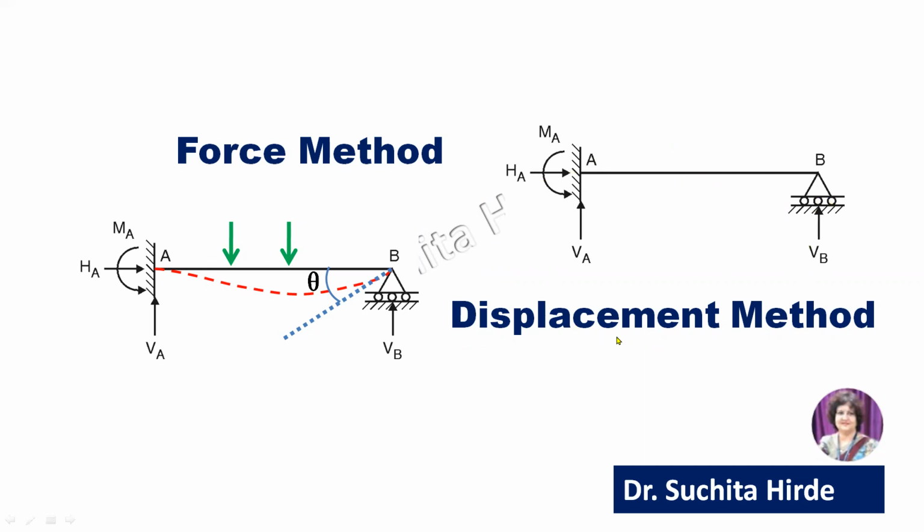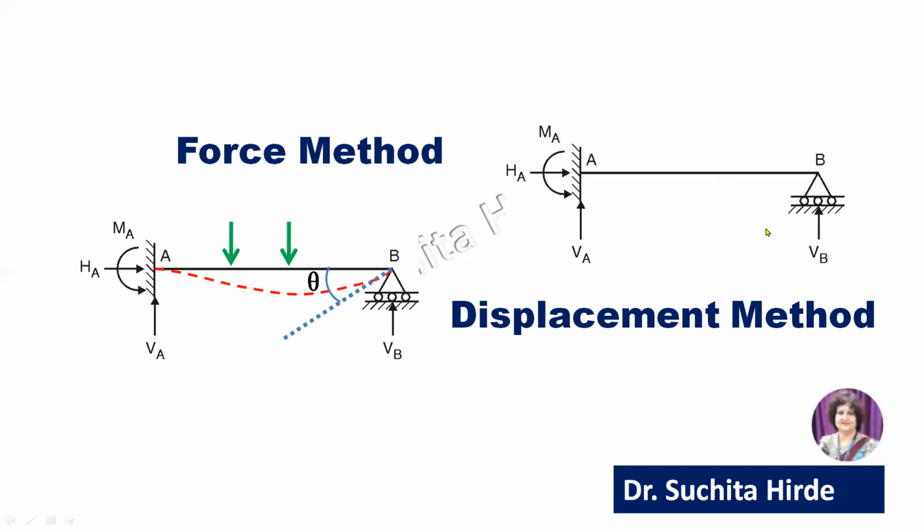Whereas in displacement method, if you observe here, we have a unique choice. At A, the displacement is 0, that is, deflection at A is 0 and theta at A is also equal to 0 because there is a fixed support. So we know which quantities are 0. Here there is only one unknown, which is theta, because delta here is also 0 because of the support. So we have only one unknown and that can be uniquely defined: theta at B is the unknown in displacement method. So theta is unknown, no other choice in this method.